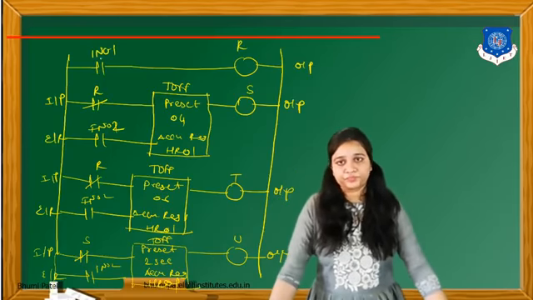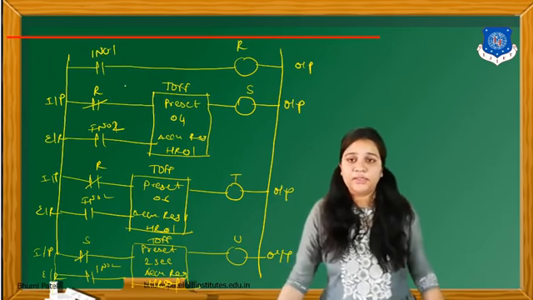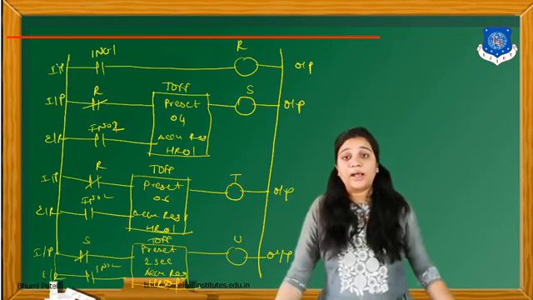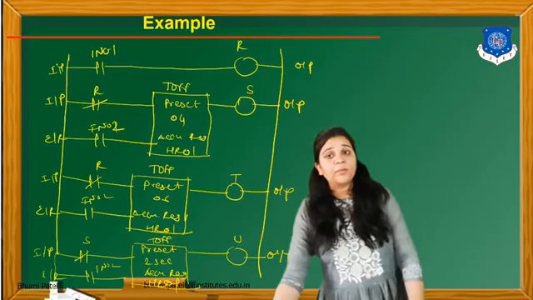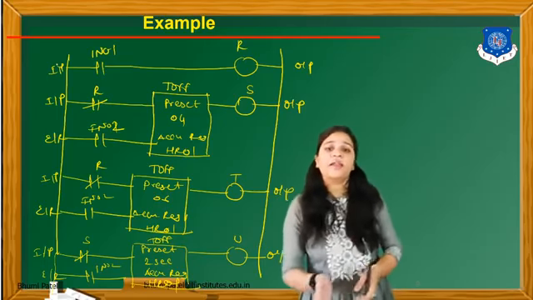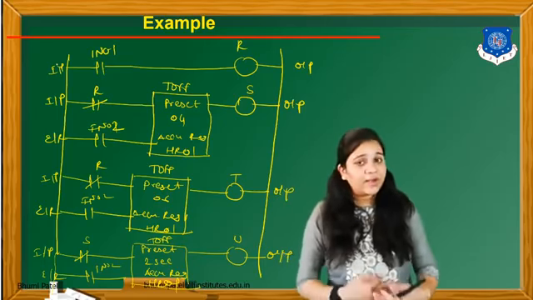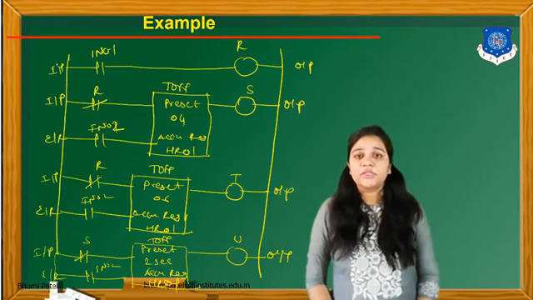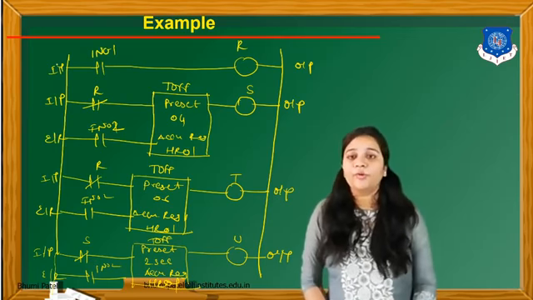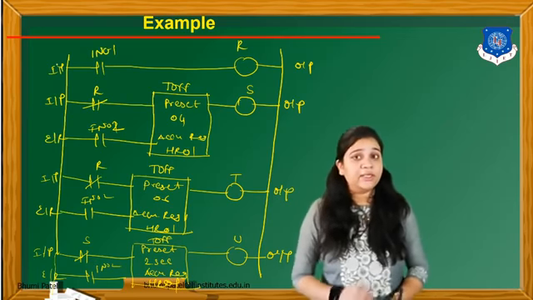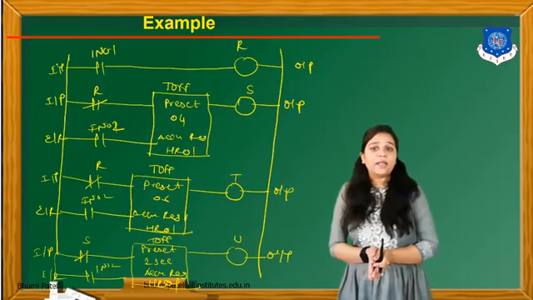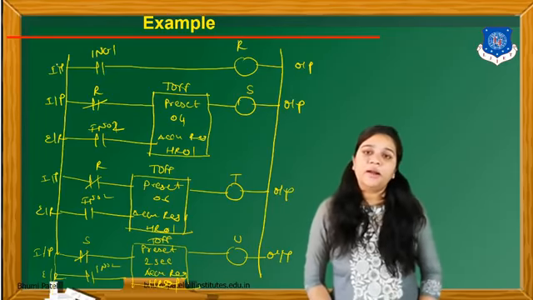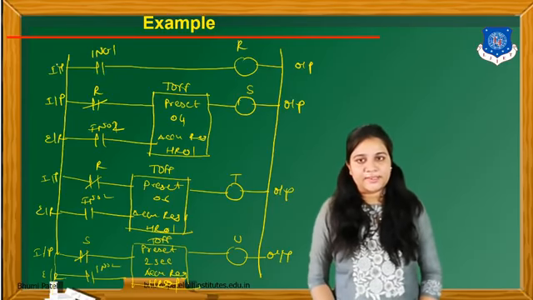So we can take R here, directly connected with the input signal. You can connect R as the last rung. Okay, but whenever R is on, after that S and T will be on, and whenever S is off, after that U will be off. So this is the logic of the particular example. So using the retentive timer, T on delay timer and T off delay timer, we can easily draw the ladder diagram for any type of example.